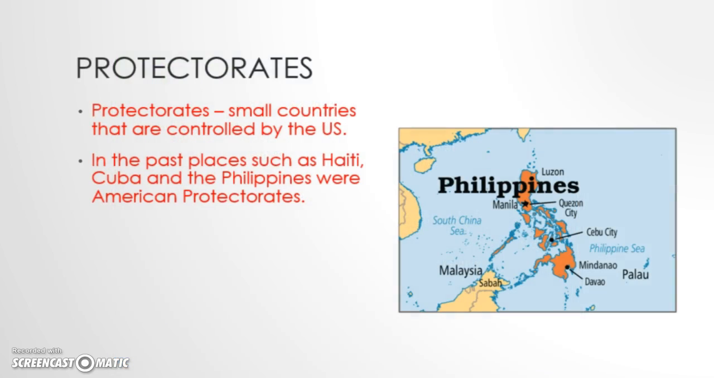On top of that, in the past we've also had what are called protectorates, or small countries that were controlled at one time by the United States. And throughout the course of American history, we have seized these protectorates and also released them. One of the examples is in this photo, and that's the Philippines in Asia. We used these islands as a way to defend ourselves in the past. Both Haiti and Cuba, though, are also examples of past